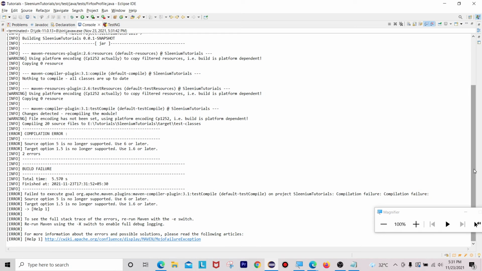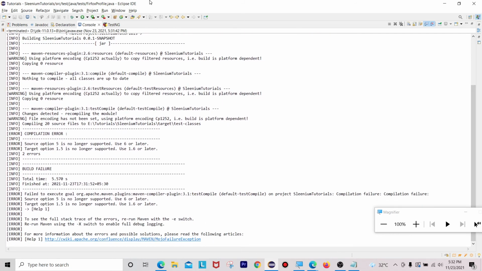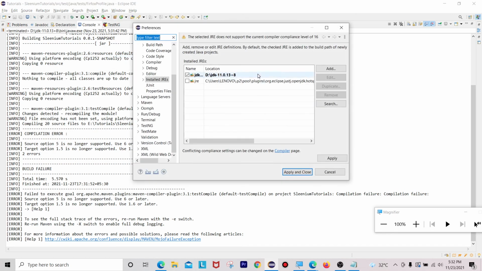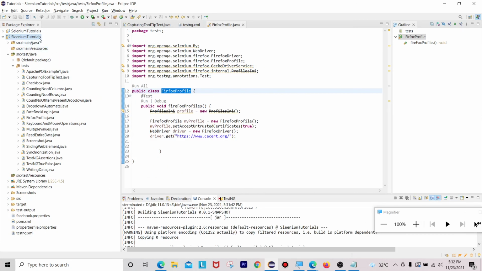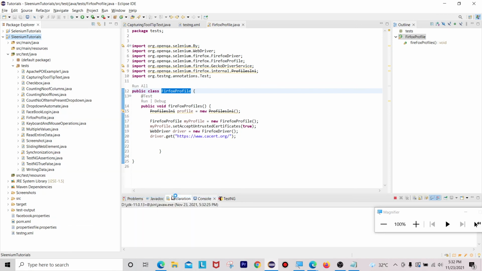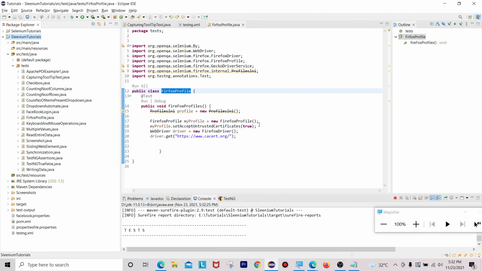We'll try it one more time. Let's go to our window, preferences, apply and close, and run as Maven test, because I am not mentioning the path of that WebDriver.